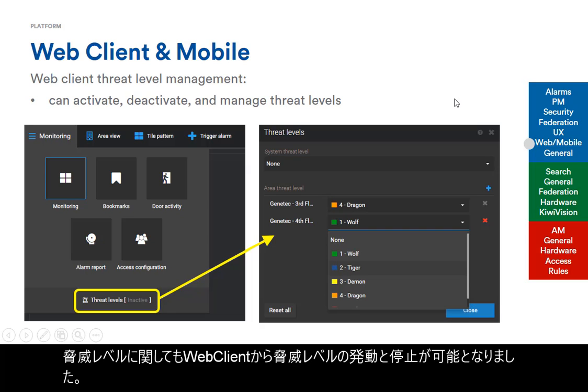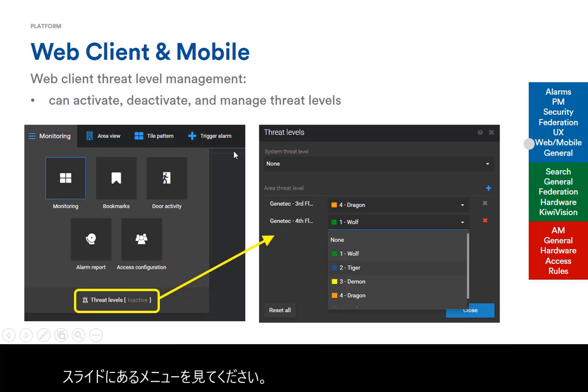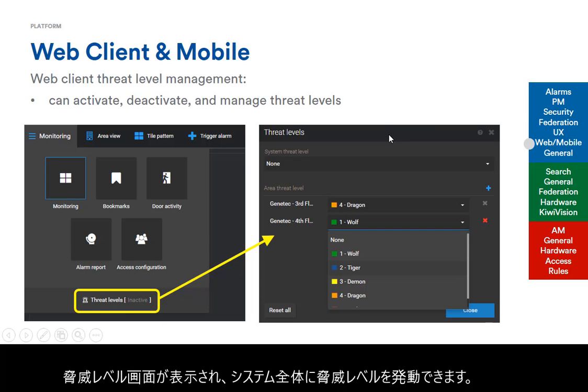Threat levels as well. We can activate, deactivate, and manage our threat levels from within the web client too. So if we're looking in the menu here, I just chose the little cheeseburger thing, and on the bottom here we do have our threat levels. So right now I don't have one active, but if I click on this, I'm going to see my threat levels. I can set one for the system,